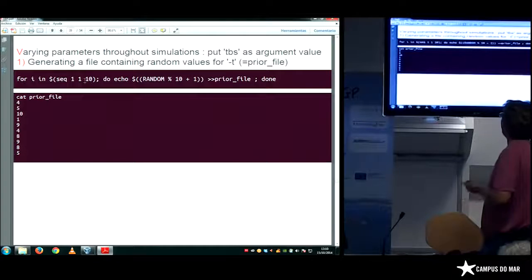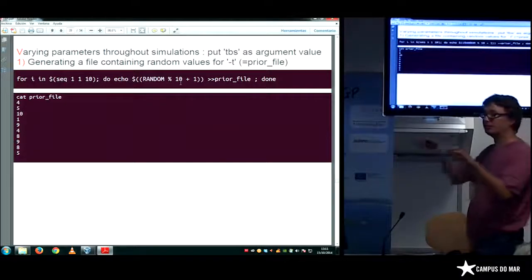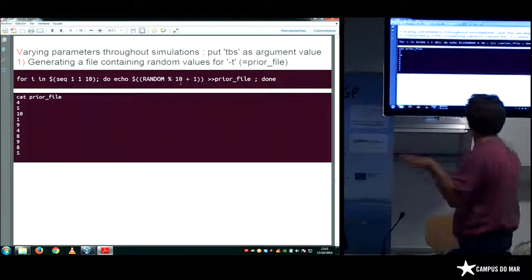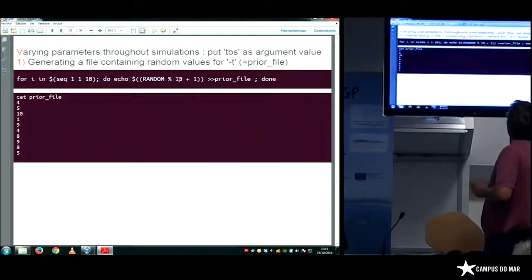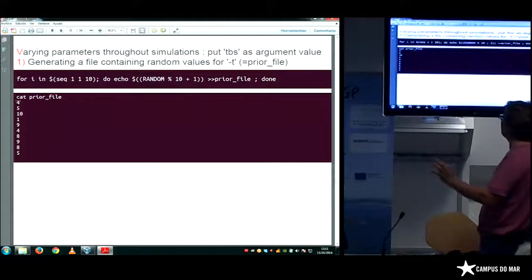You can ask for 10 values by this line, and you sample in a uniform distribution between 1 and 10. So theta will be sampled between 1 and 10. You put this in a prior file, and when you look at the prior file, you have all the 10 values of the uniform distribution here. Okay?